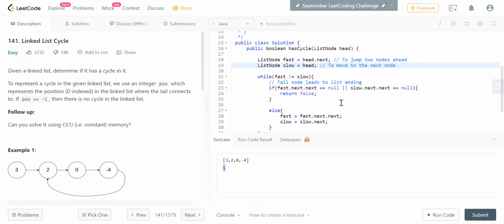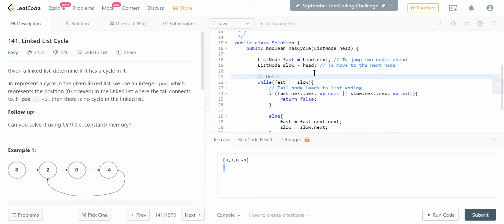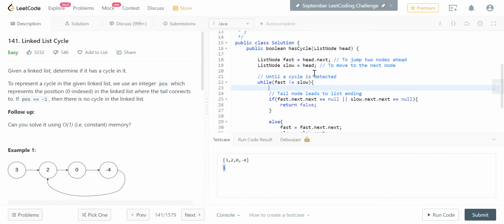So after initialization, we begin the loop until a cycle is detected. If either of them show signs of a null index, we just cancel and return false